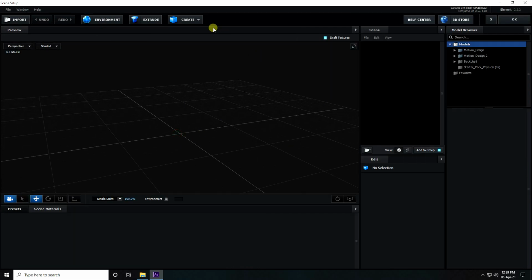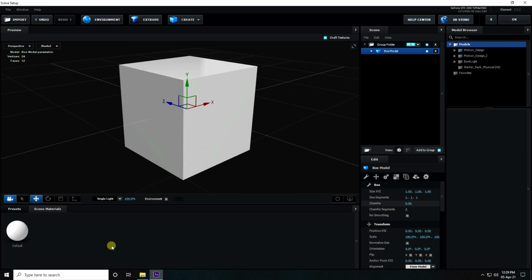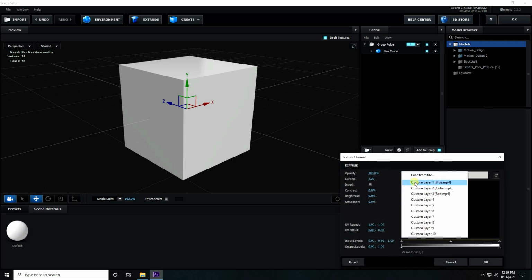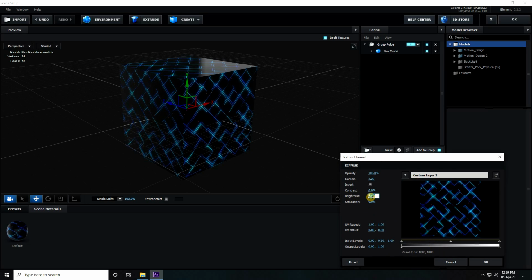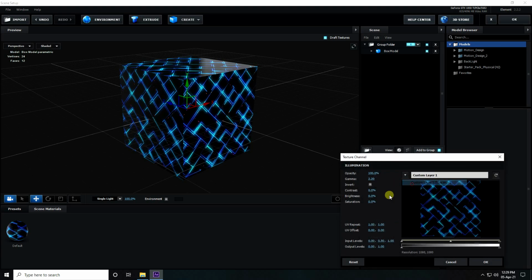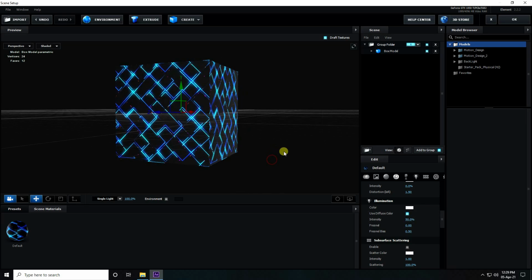Yes, that's my scene setup. And now guys, this time I take only this cube, and cube chamfer take 0. Okay, so now guys, select this material and go to diffuse and apply this one. Brightness I like 50, and go to illumination and same blue and brightness I like 50. Okay, so guys, go down to illumination, this one, use diffuse color check and intensity like 50. Yeah, that's it guys.